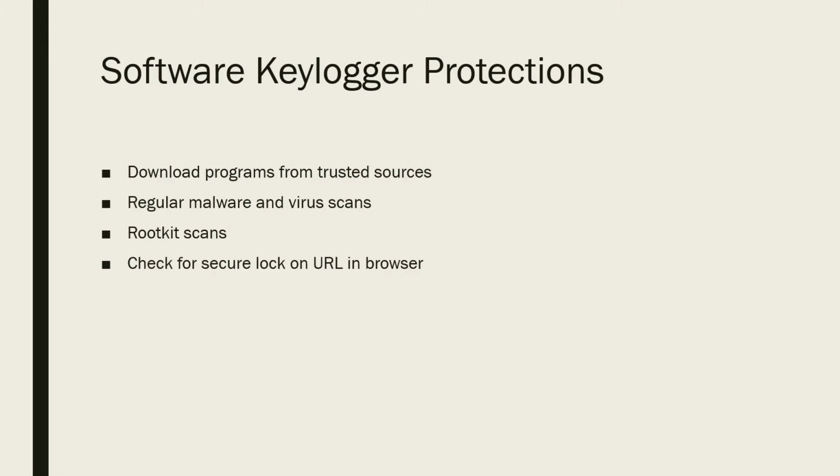We have software keylogger protections. Most keyloggers are installed during the download of a program on the internet, so make sure you're only downloading from trusted sources. Don't click on ads. Always make sure you run malware and virus scans. A lot of malware and virus scanners nowadays also check for rootkits. I believe Windows Defender does. Malwarebytes does, I know for sure. And I believe Kaspersky has a free